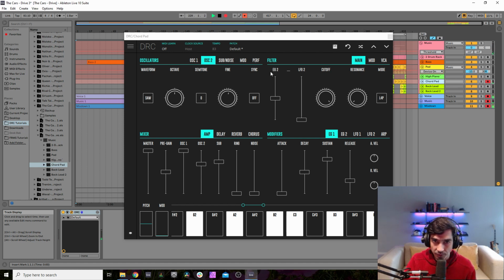Okay, and now envelope generator 2 on the filter. We raise it to 7, sorry. Now cutoff at 0. Resonance at 0.88, sorry. And now we change the filter to a low pass 2-pole. Now for the first envelope generator, attack at 0.54, decay at 500, sustain at 800, and release at 352.